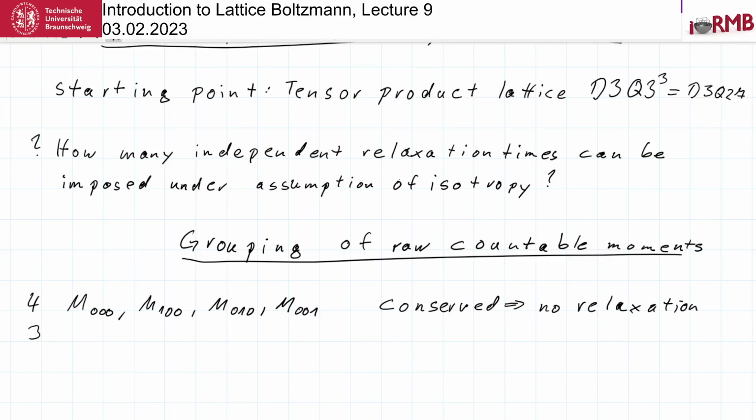Then we have 3 of the type M100 because we have 3 permutations, right? Of this guy. Then we have 2: M200 minus M020 and M200 minus